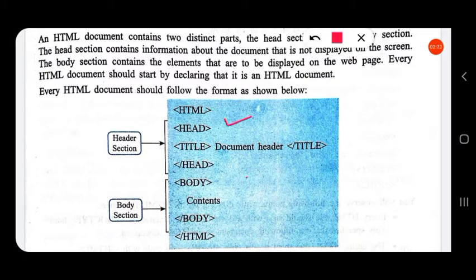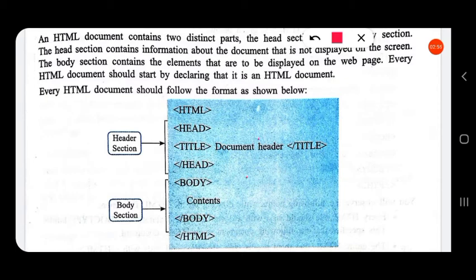Then head is the start tag, its end tag is /head. Then title is the start tag, its end tag is /title. Then body is the start tag, /body is the end tag. So every container tag has both a start tag and an end tag.